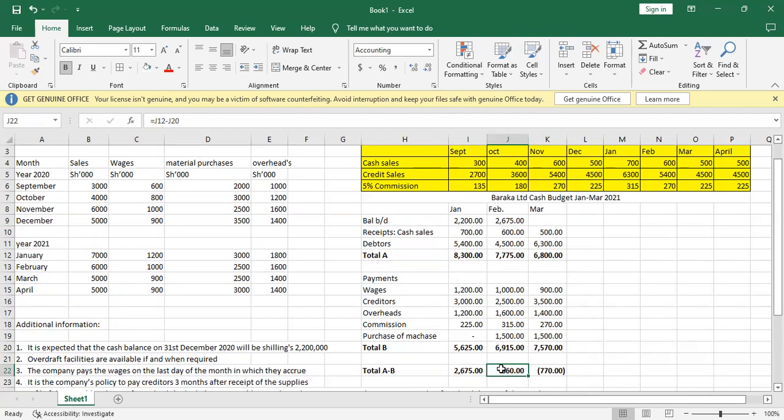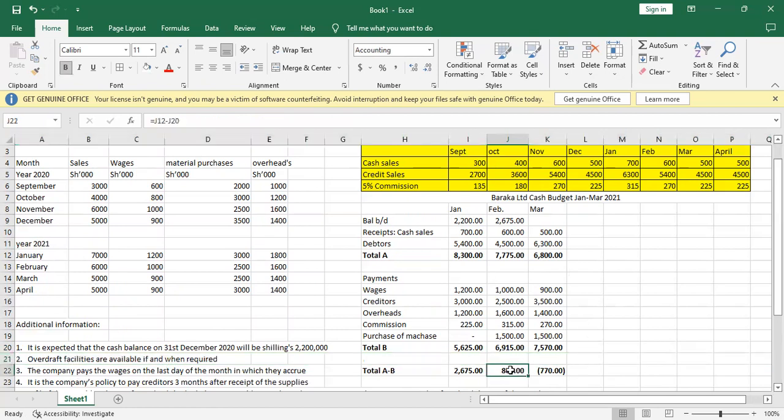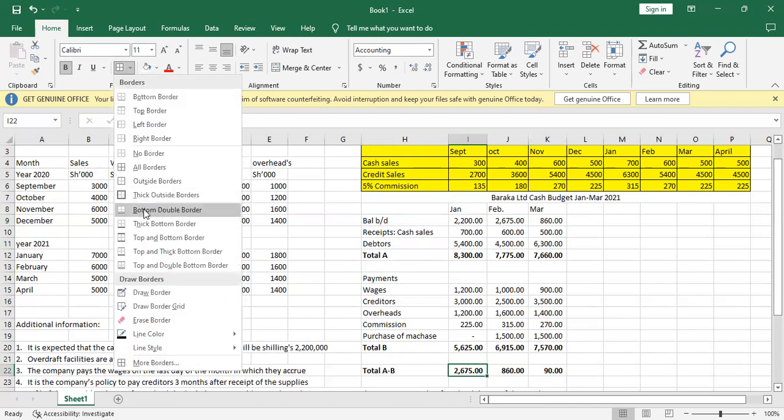So a surplus balance... had it been an overdraft, we would have gone to additional information number 2, where we are told overdraft facilities are available if and when required. But because we don't have a deficit, we carry it forward. So we have a balance brought down of again 860. So this is the cash budget for this particular farm,